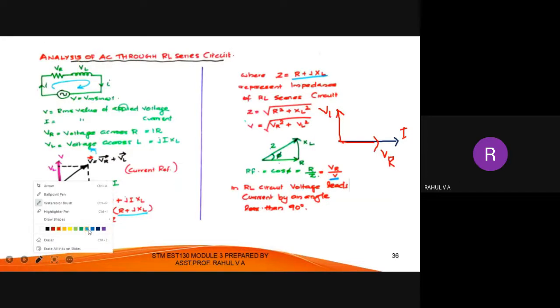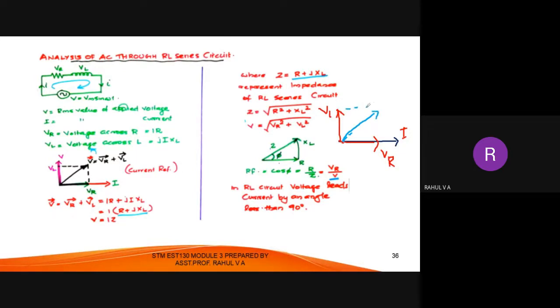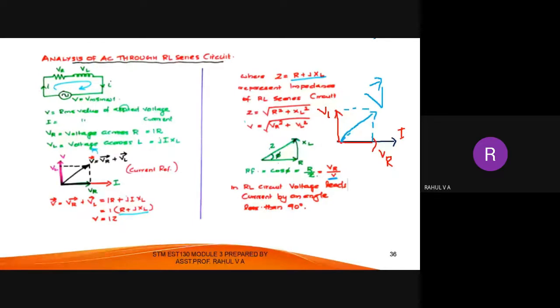Then you take the resultant. This resultant vector means when you are adding two vectors, the resultant vector will be exactly in the middle of both the vectors. So I can say this is the resultant vector V. It is the sum of VR and VL. So I can write VR is equal to IR, VL is equal to JIXL, because the reactive component is an imaginary part, I should write J along with that. Then I is common, I can take it outside: I into R plus JXL, and R plus JXL